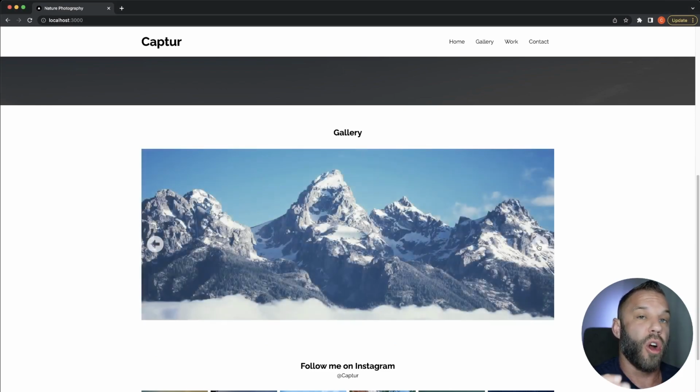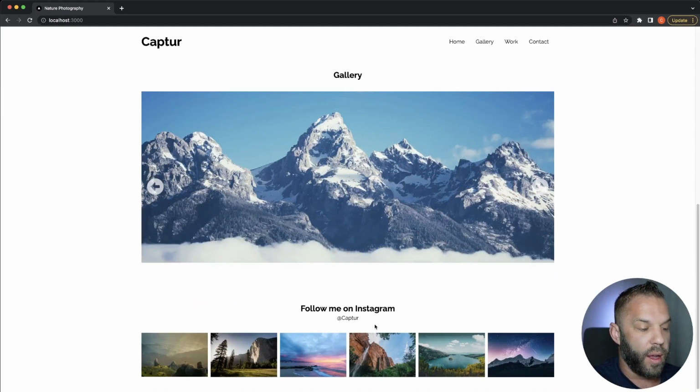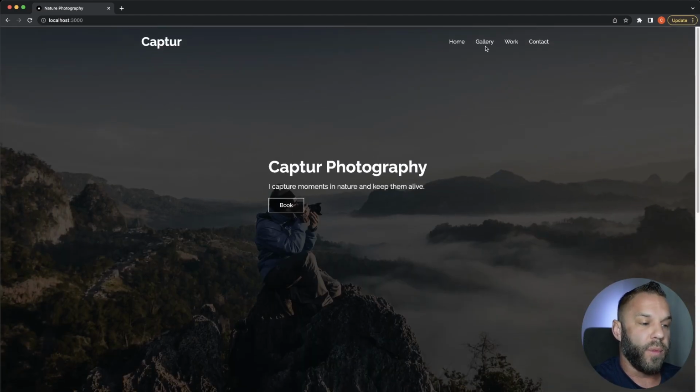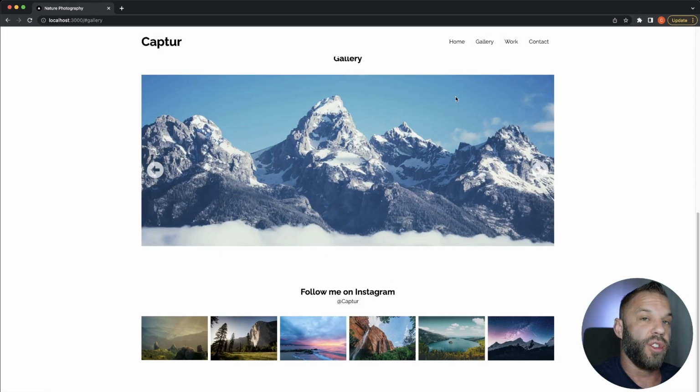All of these images are lazy loaded, which just means the images will not be loaded until they're inside of the viewport of the screen, what you can see in the browser here. Then a nice little Instagram component down here with a nice hover effect. We are going to be using a smooth scrolling fix. You can notice as we scroll down here, our nav bar is going to change colors